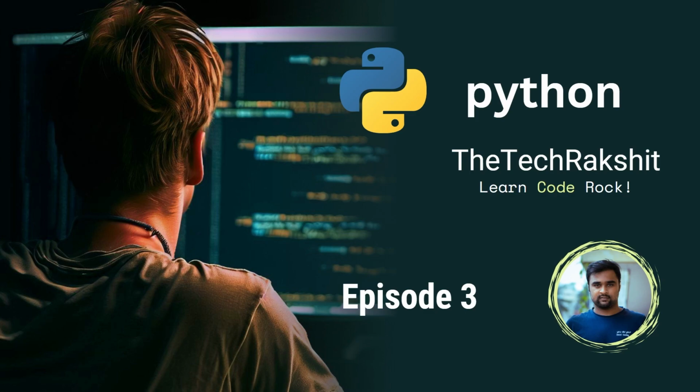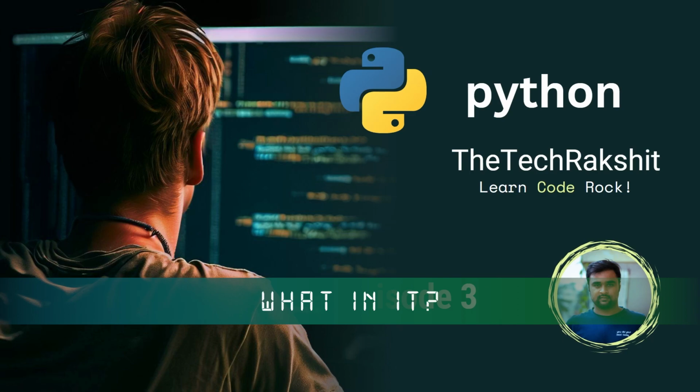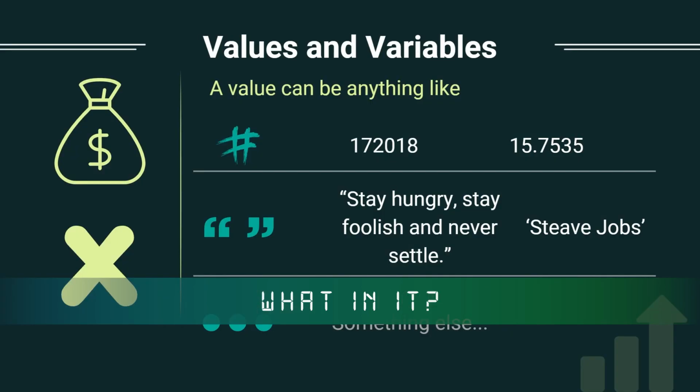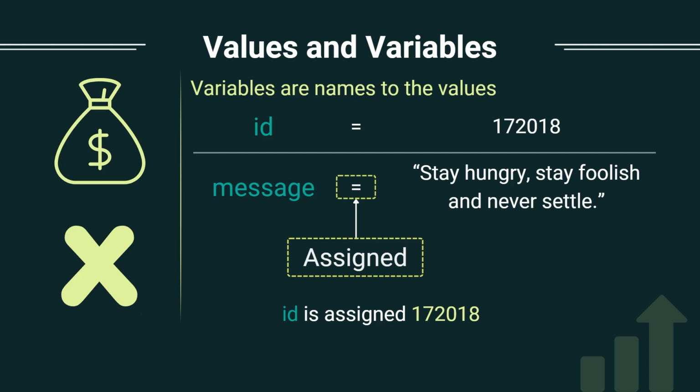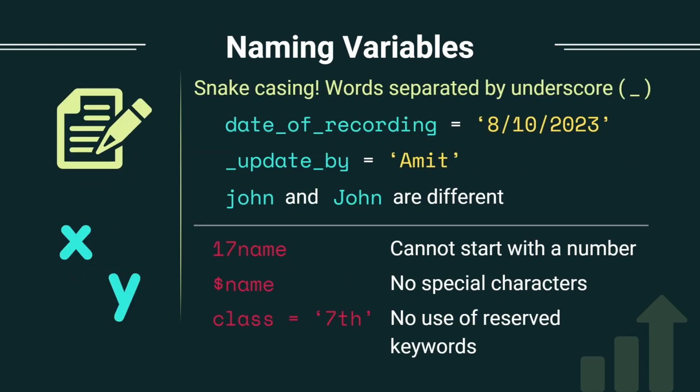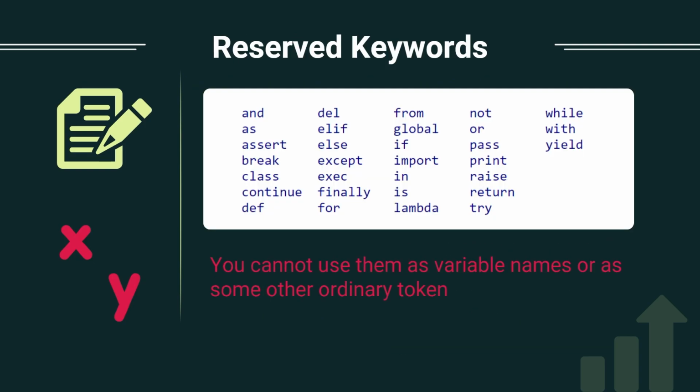Today we are continuing our Python series and this is the third episode. In today's episode we shall be learning about values and variables, then the assignment operator, how we can assign values to a variable, then naming conventions in Python that are generally followed by various developers, then some of the naming conventions which are not allowed in Python, then reserved keywords, like there are a couple of reserved keywords that you can't